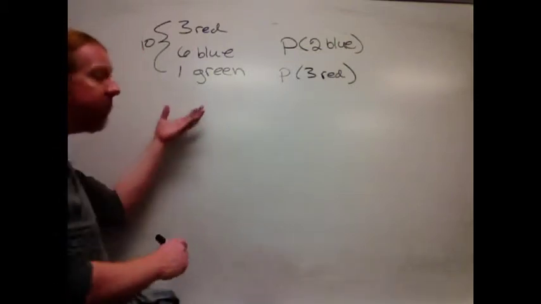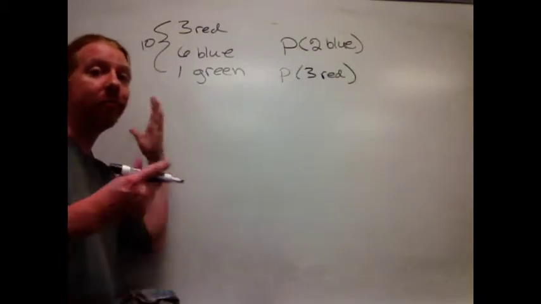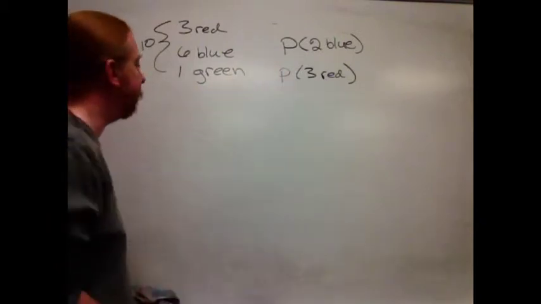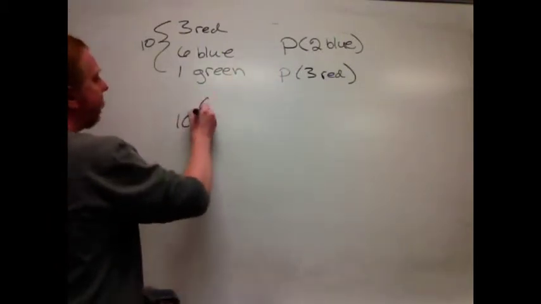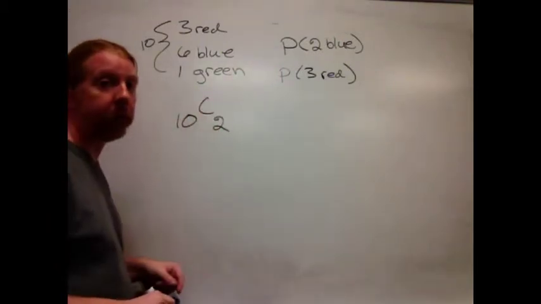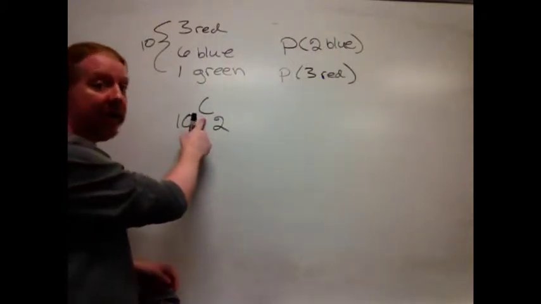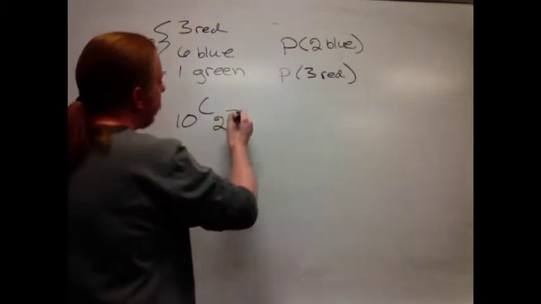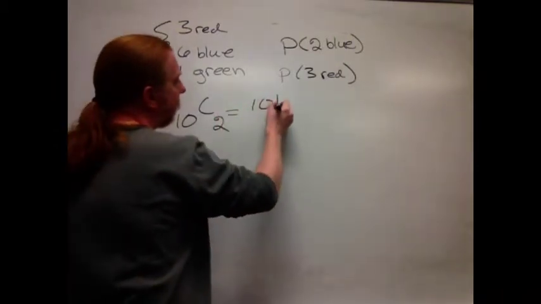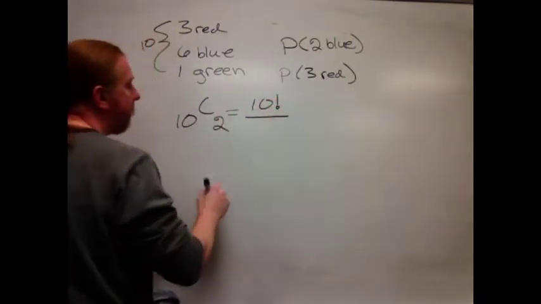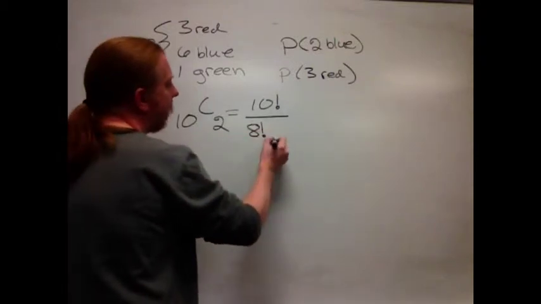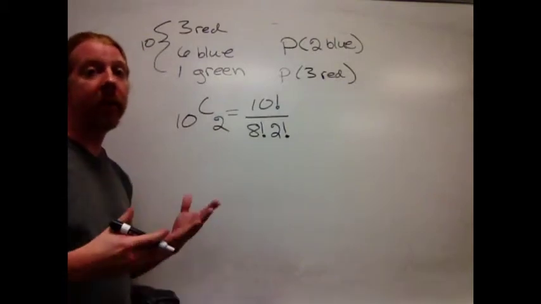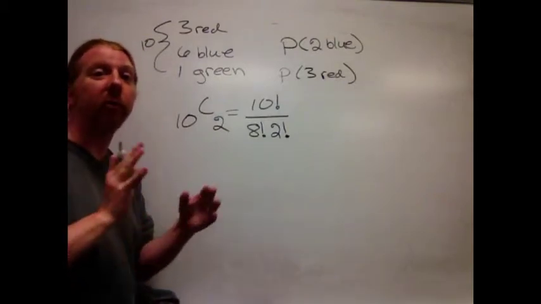So let's talk about the number of different ways I can pull out, talking about this first example, 2 random marbles. Well, I have 10, of which I'm going to choose 2. In other words, the order doesn't matter. I'm not putting them in order, so I'm going to use the combination. Now, by definition, this is 10 factorial divided by 8 factorial, and also divided by 2 factorial. Because remember, we have to allow for the fact that we can switch their orders around,